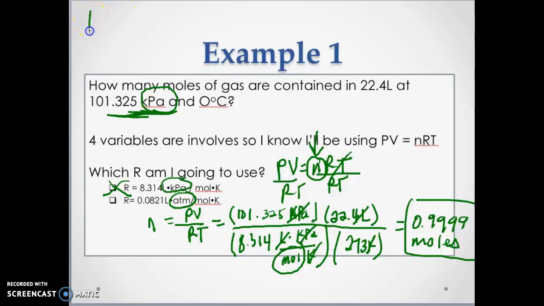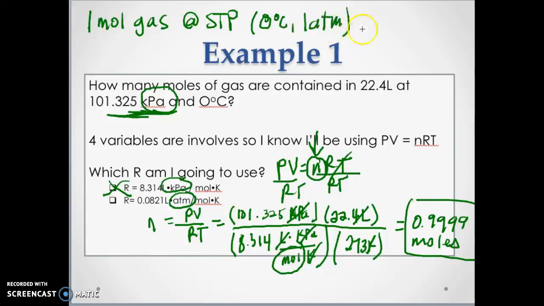If you have 1 mole of a gas at STP, meaning that it's at 0 degrees Celsius and 1 atmosphere, the volume of a gas, it doesn't matter which gas, is going to be 22.4 liters. And I just proved that in this example because it says how many moles of gas are contained